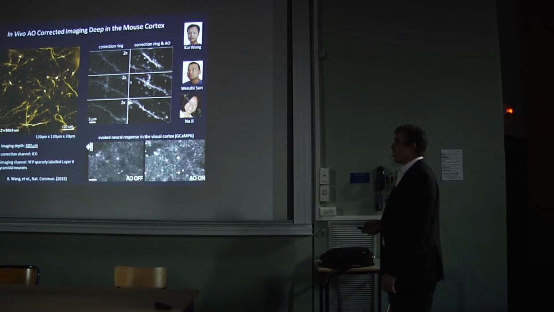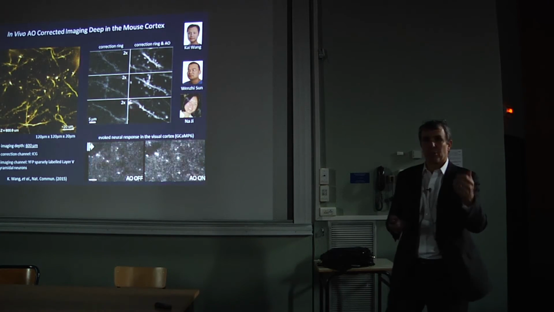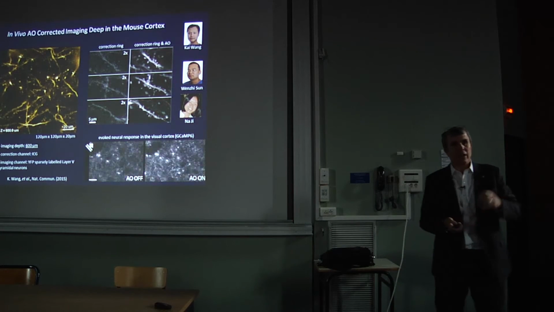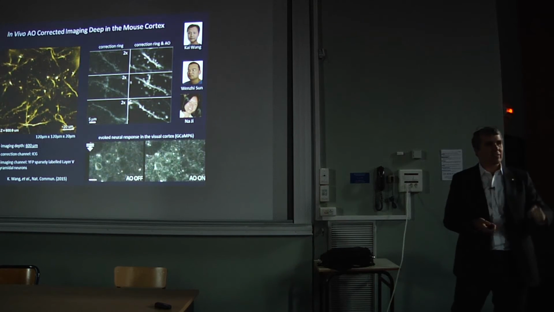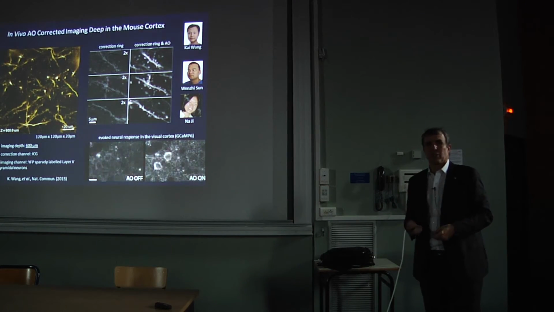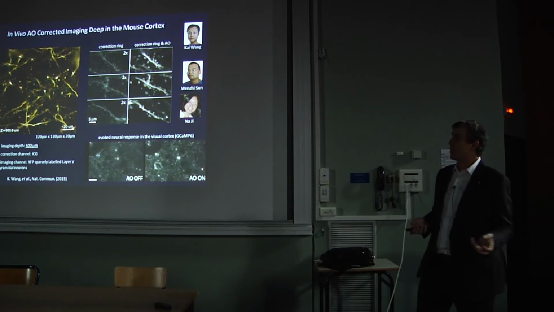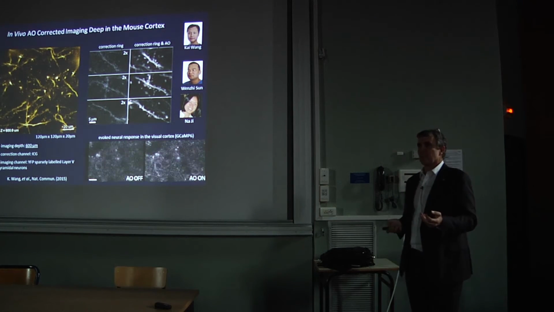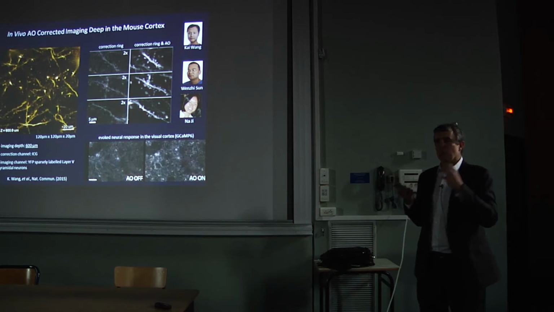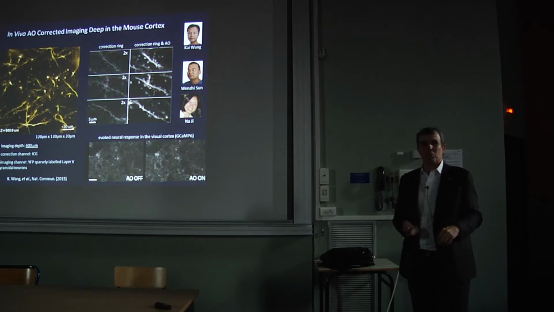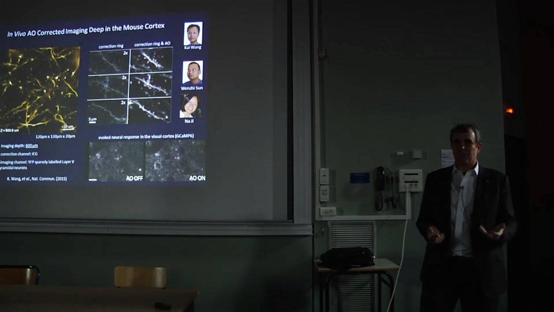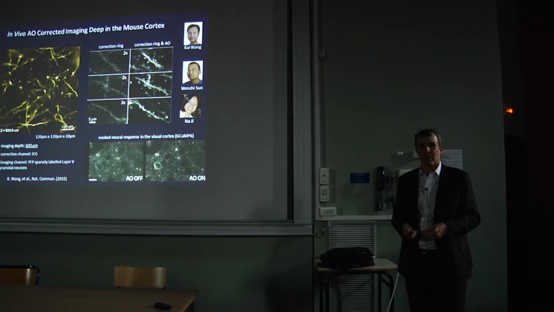All right. Now, one of the limitations of this approach, just the same limitation that you have in astronomy, is you have to be able to see that guide star in order to be able to correct. Now, that's fine because the atmosphere is transparent and a zebrafish is transparent. But one of the main things people study at Janelia is mice and doing neuroscience in mice. And the mice brain, to me as a physicist, when I look at it on a microscope, looks like tofu. And it's really difficult to get any kind of image through that.